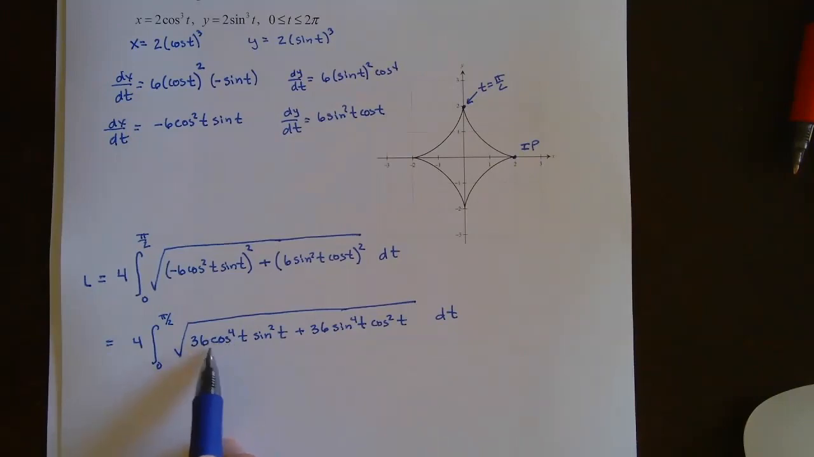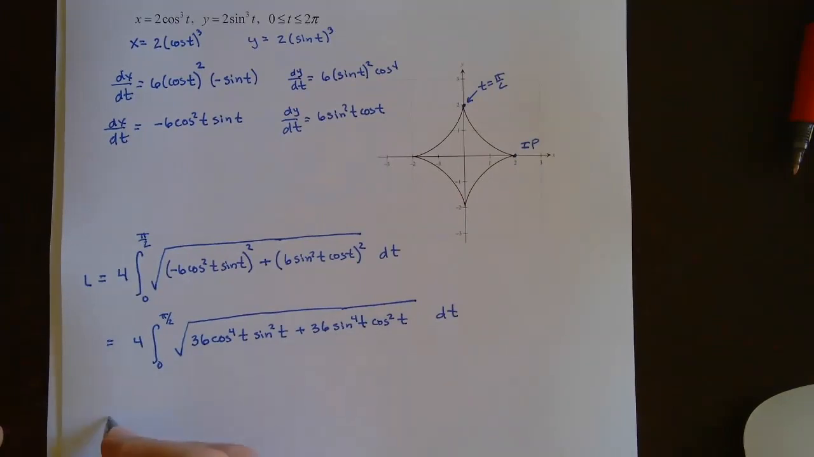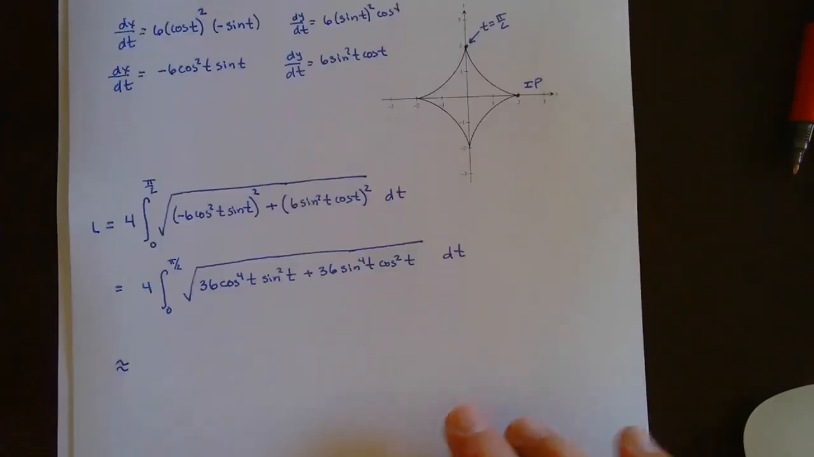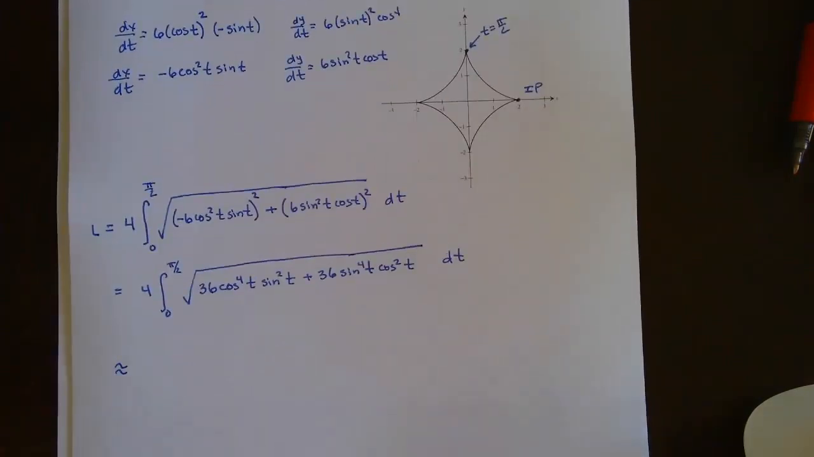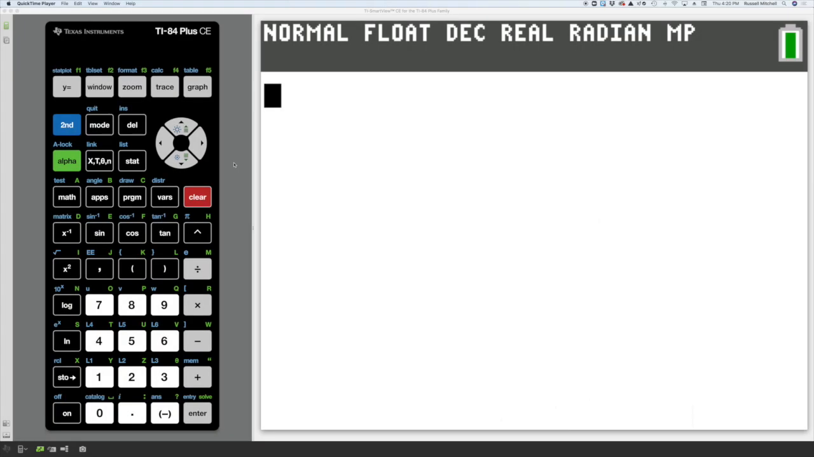Okay, now when we put this in our calculator, we can't put it in like this, right? So we're gonna have to use parentheses here. Okay, and that's what we're gonna do next. We're gonna put this into our calculator. So I'm gonna go to my graphing calculator and I'm gonna put that integral in. Okay, so we want to type 4 and then integral,